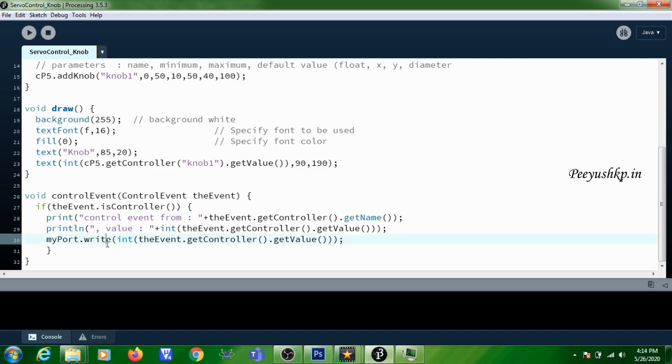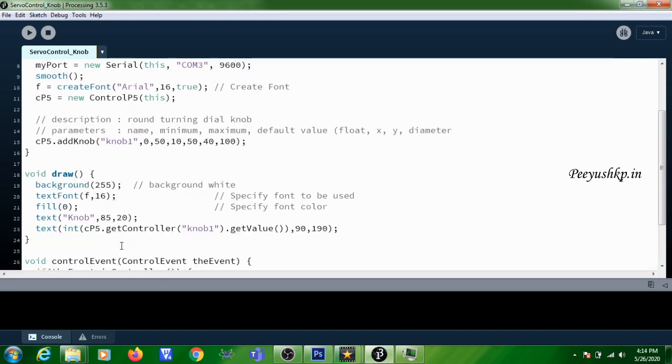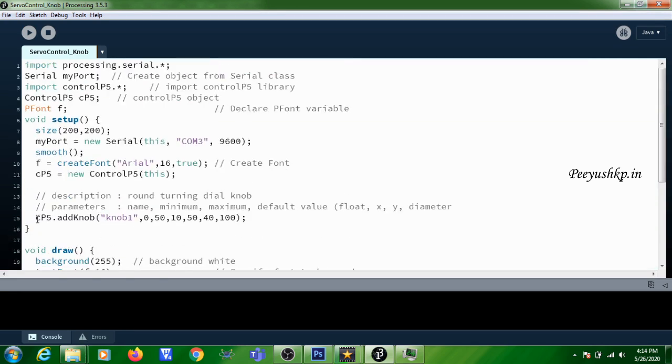So the only change is that you are adding one more line, and the initialization steps for the serial port, in your knob program. For executing this, I am commenting this out because I don't have an Arduino board now. For the time being I am commenting out this line and this line, then I will run it and show.